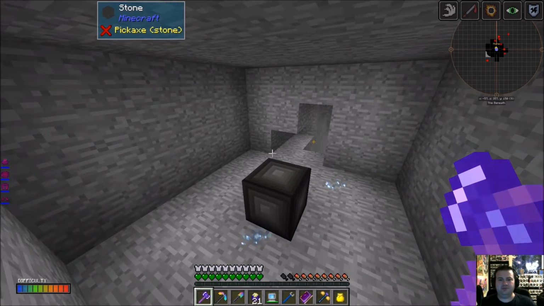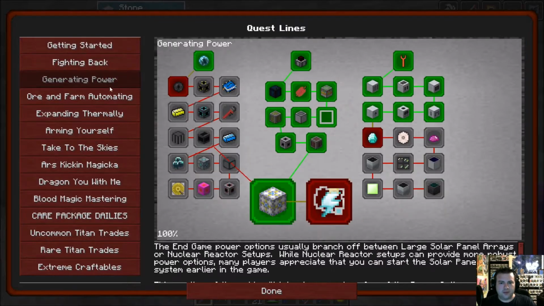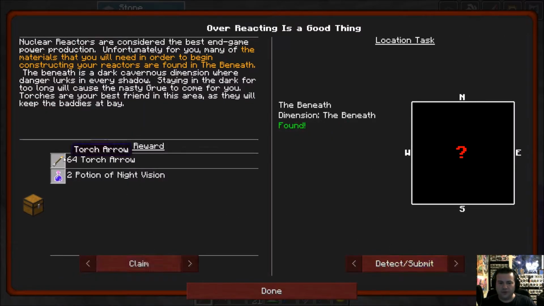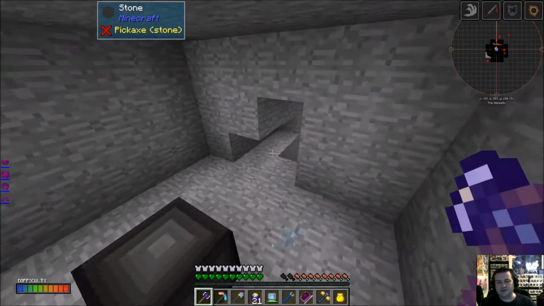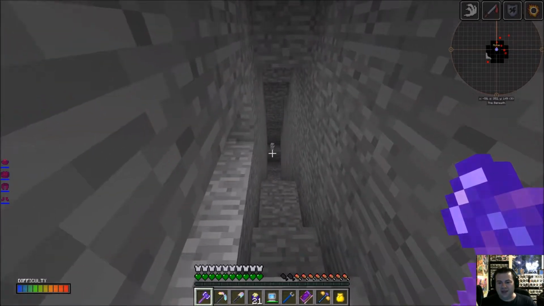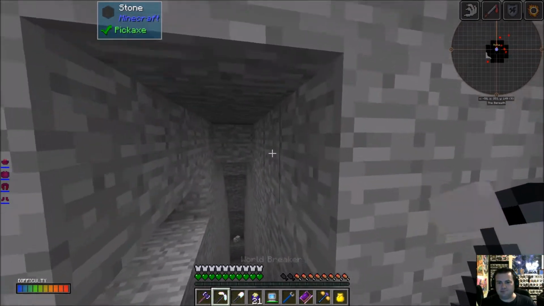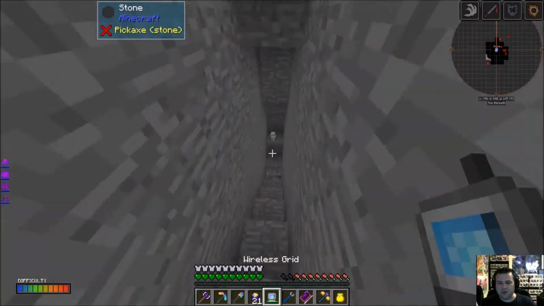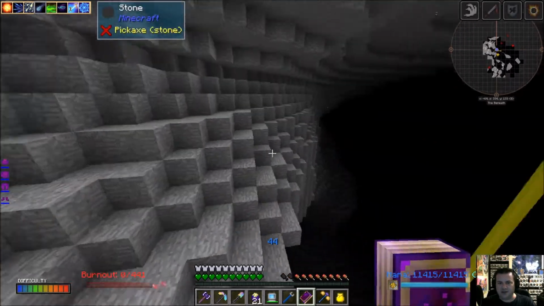Deep damp. Alright. And let's go ahead and turn this quest in while we're here. We get 2 potions of night vision and 64 torch arrows. And then they want us to get 64 of the benatoite and 64 anglicite. Okay. And what I'm going to do is I'm going to pop on down to like right...